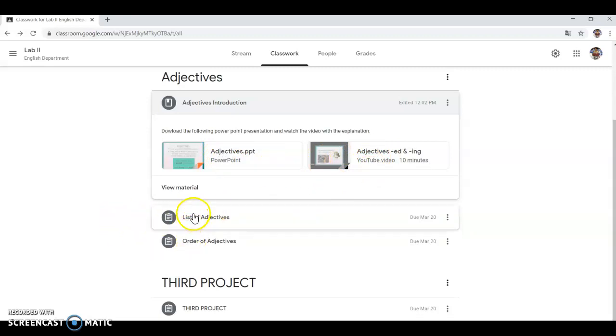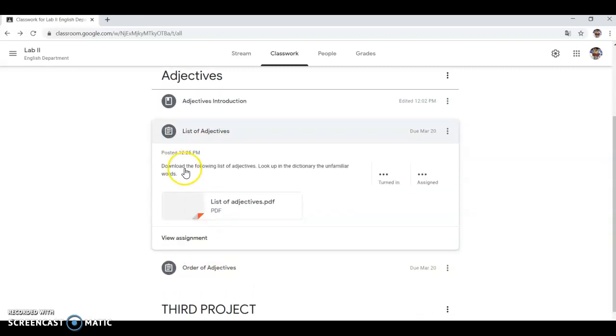And then you have these two homeworks, let's say. Homework number 1, you're going to download the following list of adjectives. Look up in the dictionary the unfamiliar words. Entonces es un documento de PDF que van a descargar y simplemente es un vocabulario. Entonces van a en Google o en cualquier diccionario